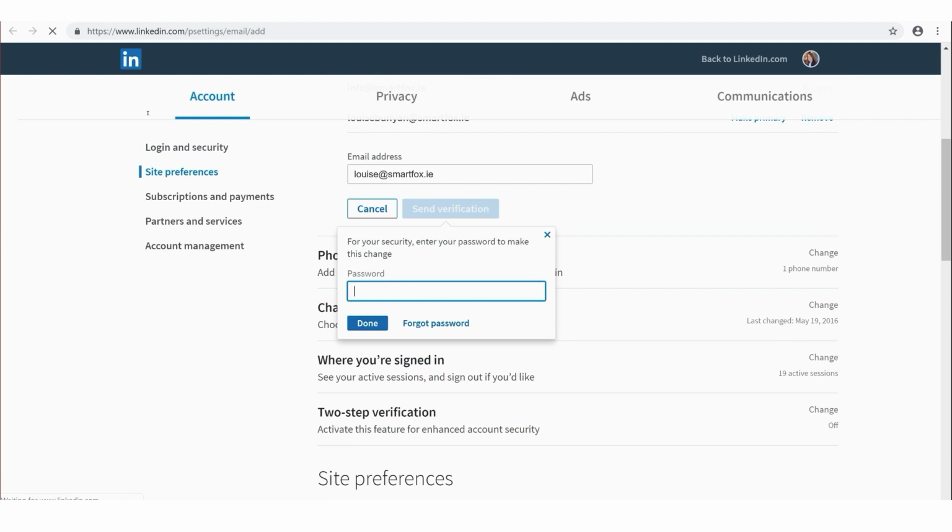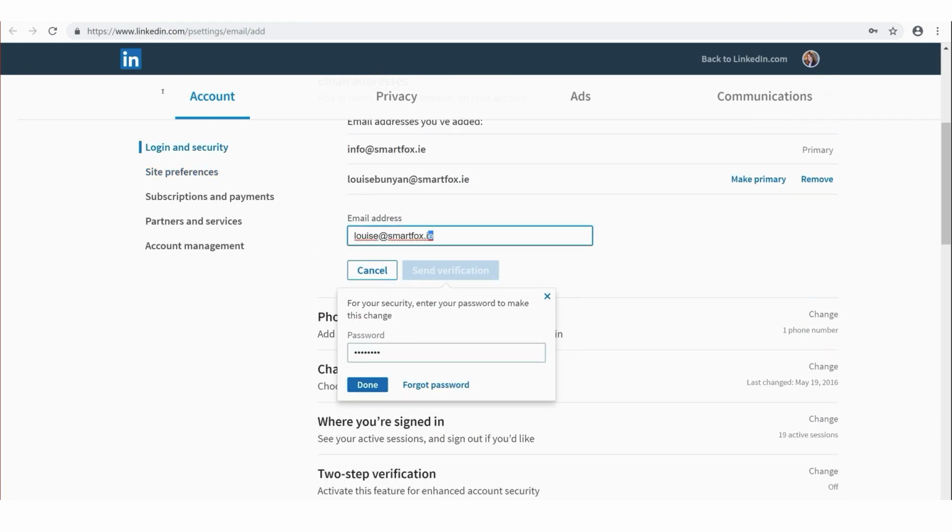So we just put in our password, and then we hit done. And when we hit done, we need to check the email address. So we have to go into that inbox, and then we look for the verification email. So we have to prove to LinkedIn that yes, that is our email address, we have access to it.